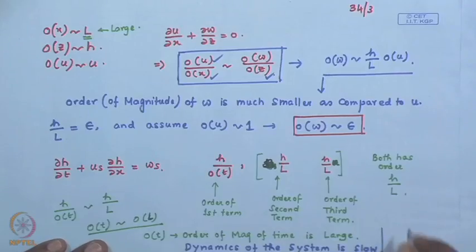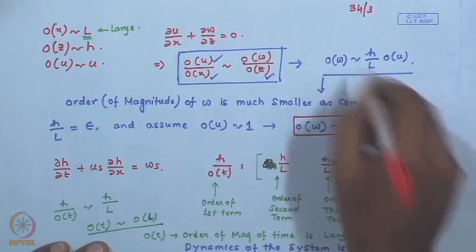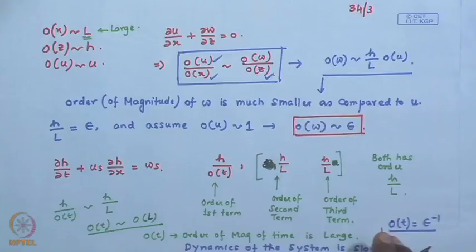Now, it is large means that we take that order of time is epsilon inverse. Epsilon is small, so the order of time is epsilon inverse, and what it gives is,